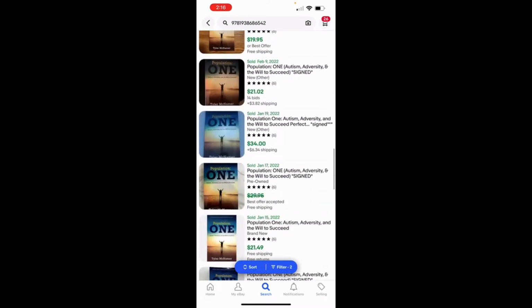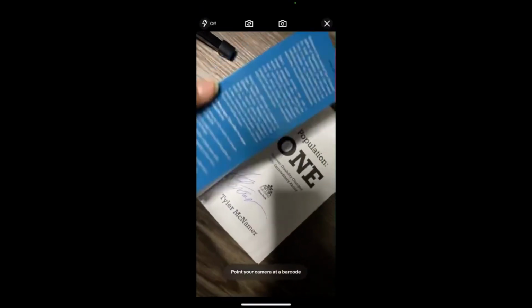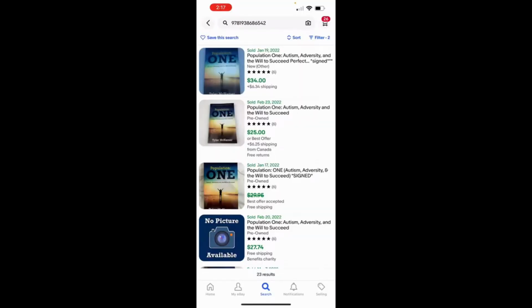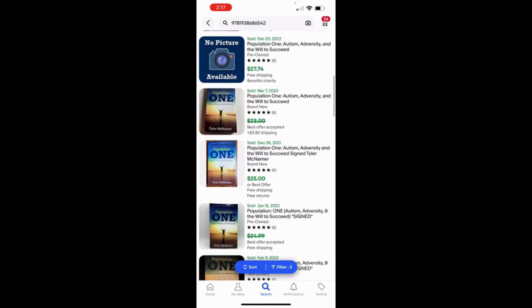I'm going to sort from high so I can see a price range that I can sell this at. I do have a signed copy, which I will show you. This book is actually signed. So let me go back. I see that a signed copy sold for $34. Another signed copy sold for $30. I'm not going to look into this too much more, but I do know that my book is in excellent condition, no highlighting or anything inside, and it is a signed copy,